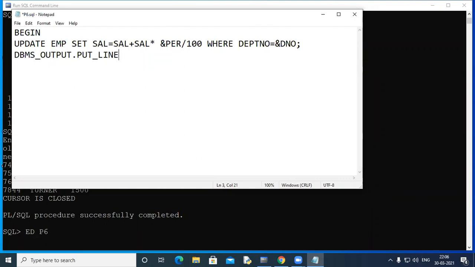I want to see whether this update statement affects anything or not. So dbms underscore output dot put underscore line. I'll display something here. So if SQL percentage found, let me write it first, then I'll discuss.